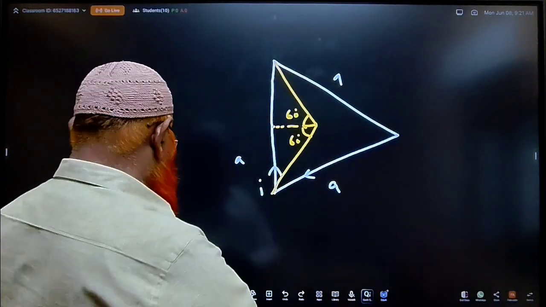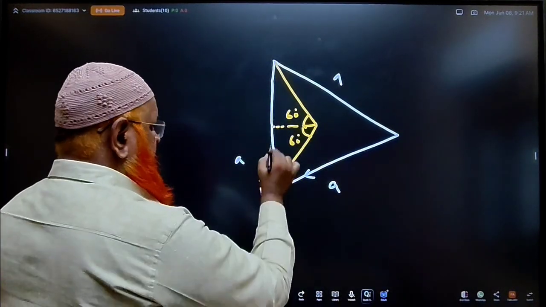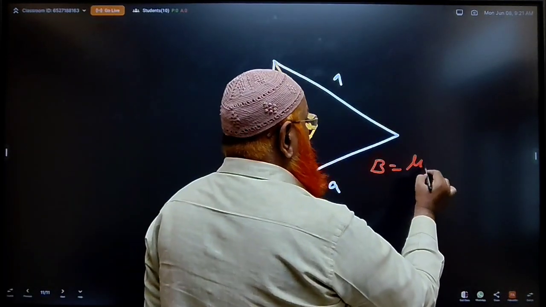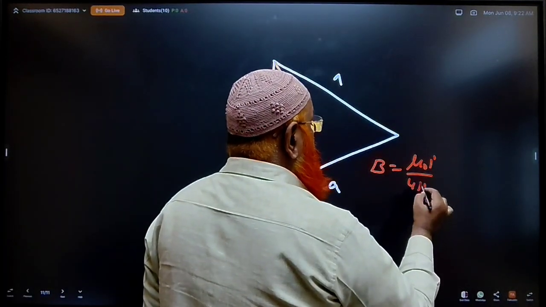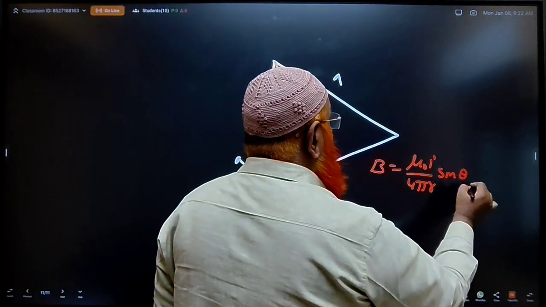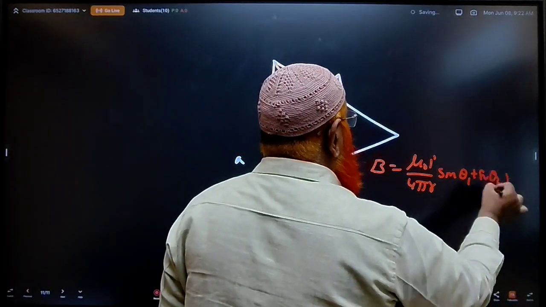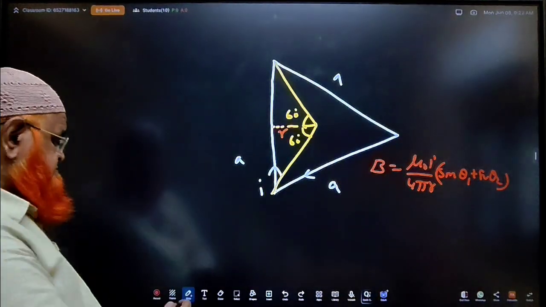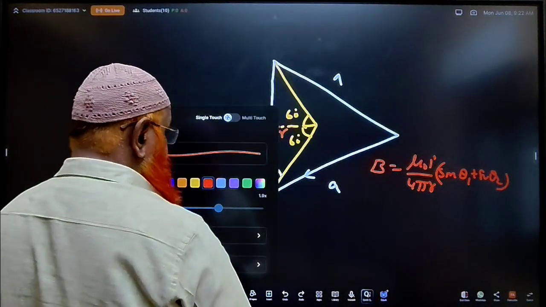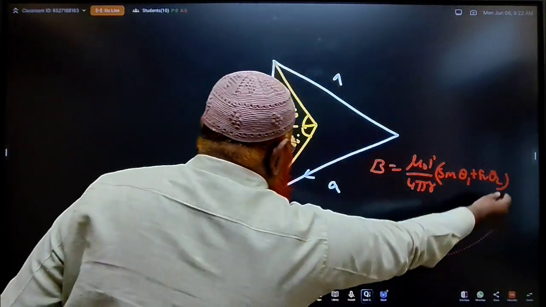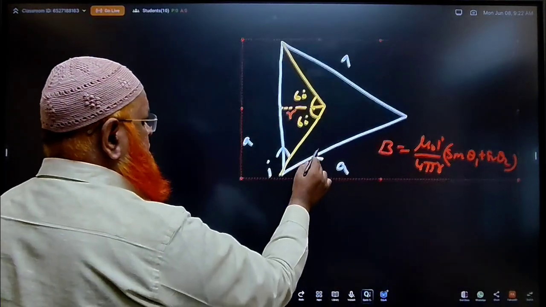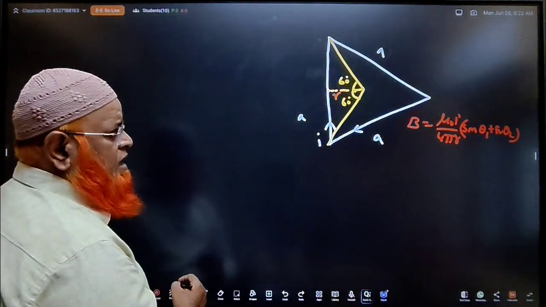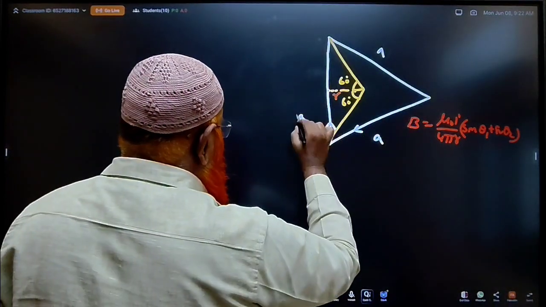I have to find out, because that side is going to be your R, because my formula is B is equal to mu naught I by 4 pi R (sin theta 1 plus sin theta 2), your basic formula. And I have to apply this formula here. So how am I going to apply that formula here? First thing is I have to find out what is R. How do you find out R? See, to find out R here,